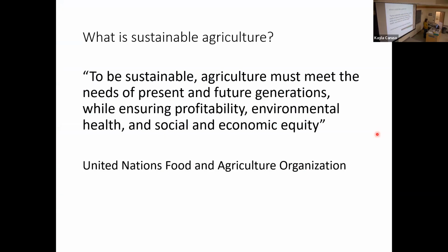But I'll leave you to consider if this is a sustainable system and whether it fits this definition of sustainable agriculture. So according to the United Nations Food and Agriculture Organization, to be sustainable, agriculture must meet the needs of present and future generations while ensuring profitability, environmental health, and social and economic equity. And so for me, the important part about this definition is that agriculture is meeting the needs of present and future generations. And so the example of my family farm, that would feed a small number of people through those